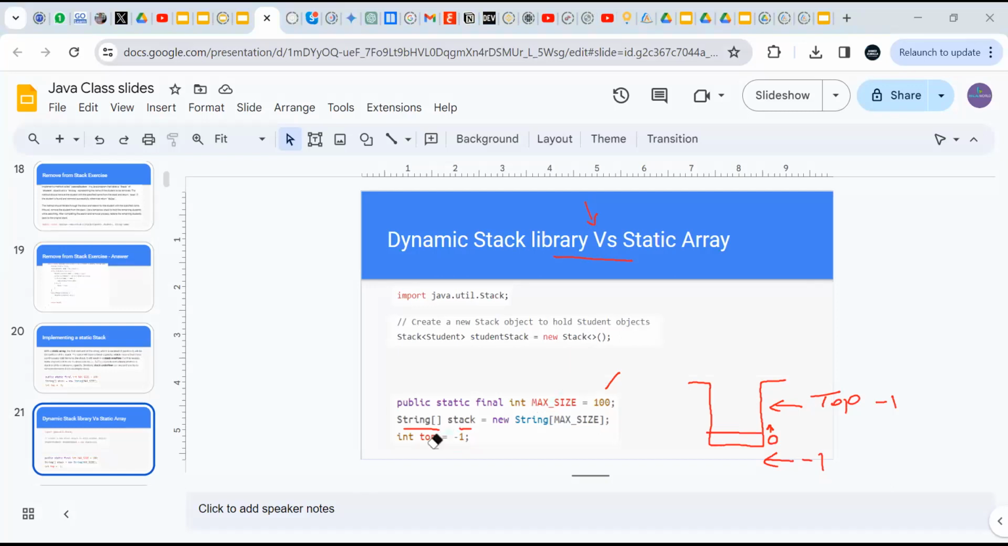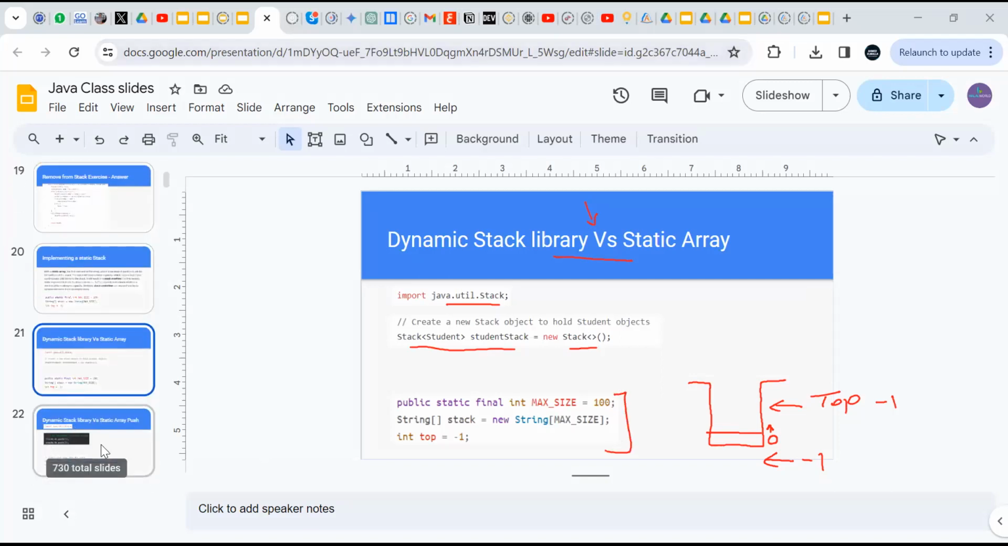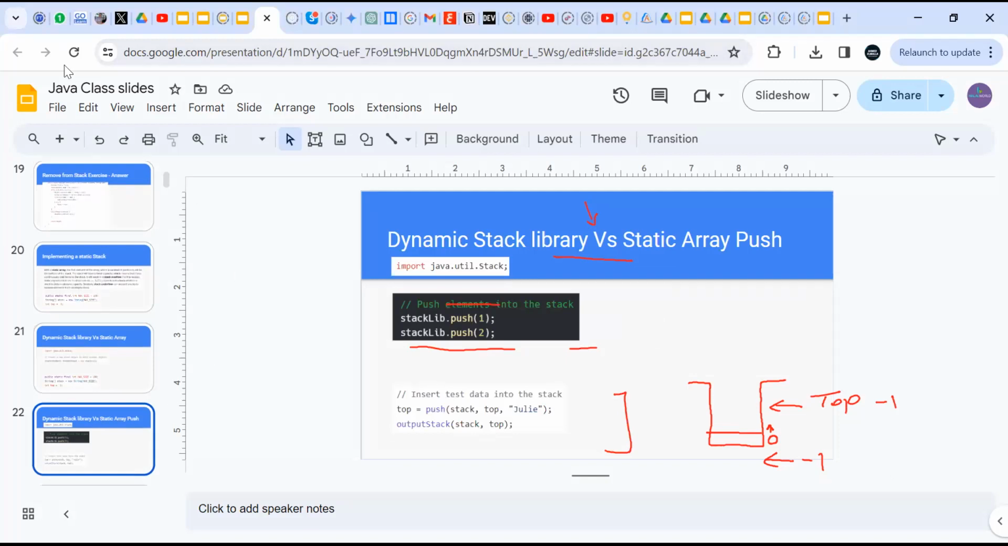I think we already did a lot of exercises here, so I think you are aware of this kind of comparison. This is how we use the ready-made stack from the utility stack library. This is how we define a dynamic stack. And this is how we define the static stack. Let us have a look again at how we can push. To push using the library stack, you just use push like that. Then to push to the array stack, the static stack,